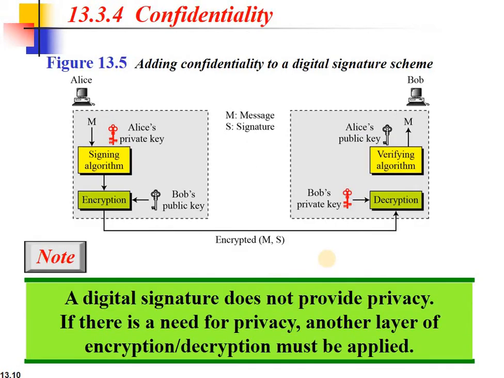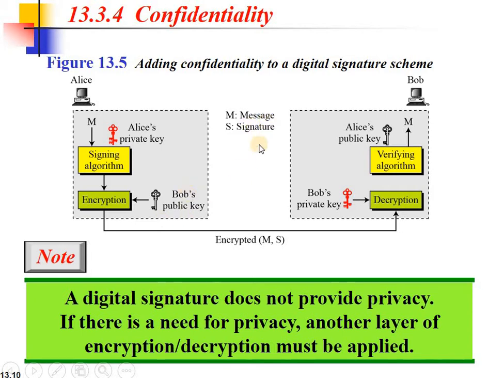And confidentiality is not provided in the digital signature scheme, it is part of the message encryption procedure, but you can include confidentiality inside the digital signature by using one more encryption procedure. After applying the signature algorithm using the sender's private key, you have to create another encryption procedure using Bob's public key, the receiver's public key. The first one is for the digital signature, and the second one, the encryption with Bob's public key, is used to provide the confidentiality feature.